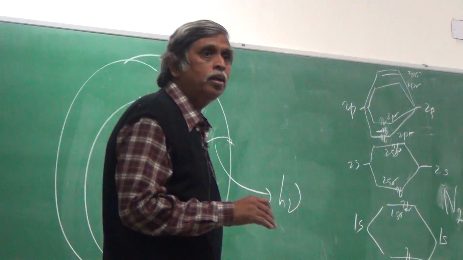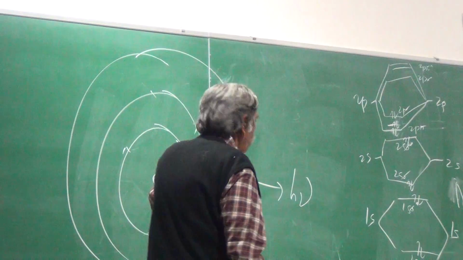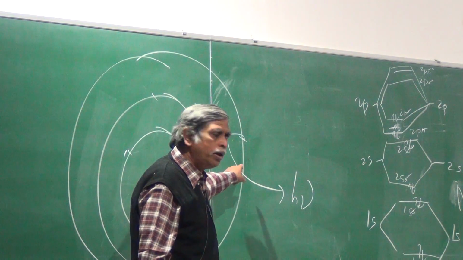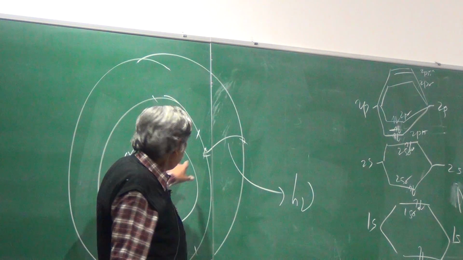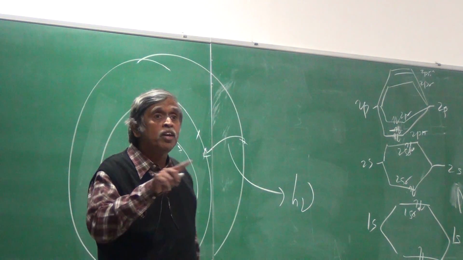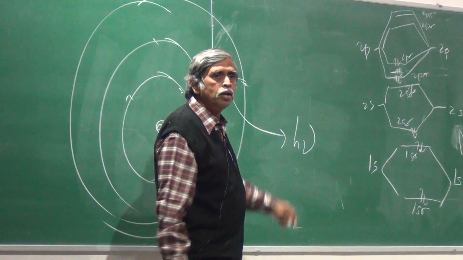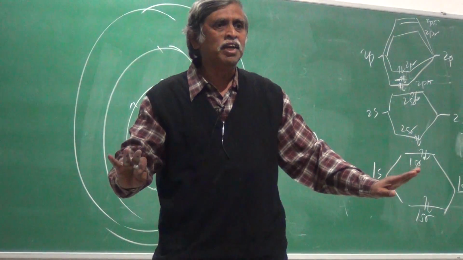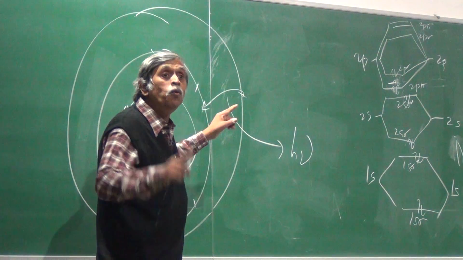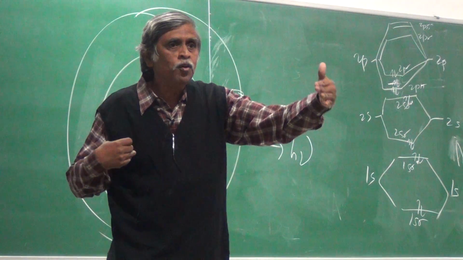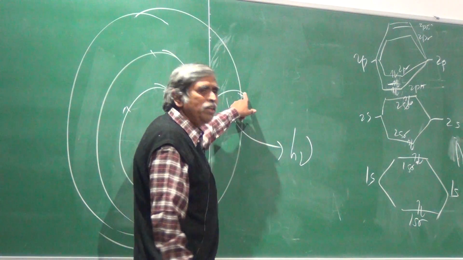How is it possible that the outer one is not removed? Oh, see, I can remove any one. I can remove the outer one. There's a finite probability of this being removed. There's a finite probability of every one of them being removed. So the removal does not have to go sequential. How do you make sure that the inner one is removed? You don't make sure. There's nothing you can do to make sure. When you shine light on it, this can go, this can go, this can go, provided the energy of the photon you have can remove any of these. If the photon energy is such that only this can go,